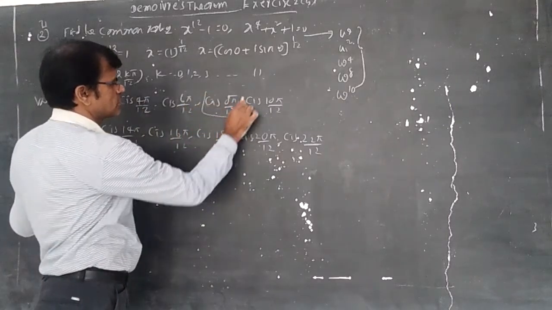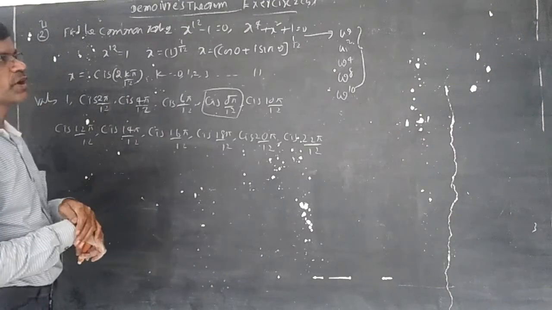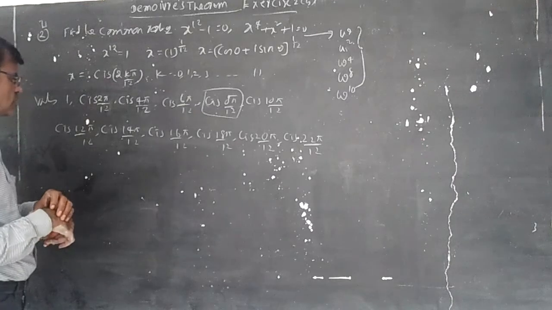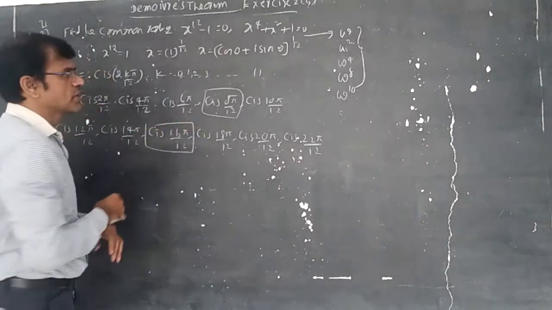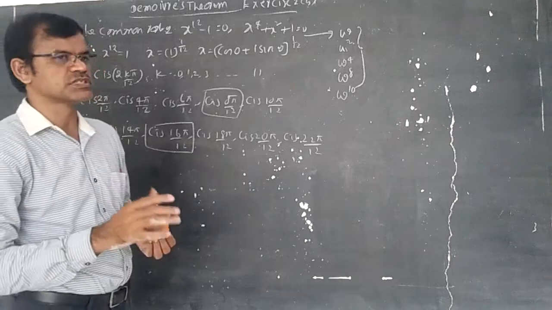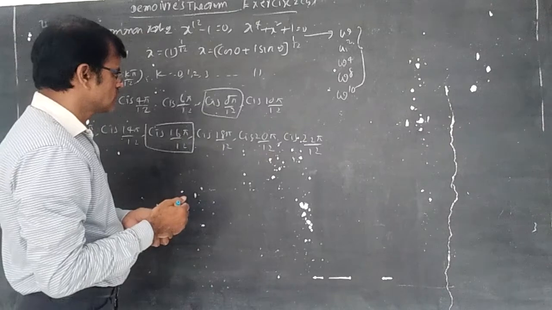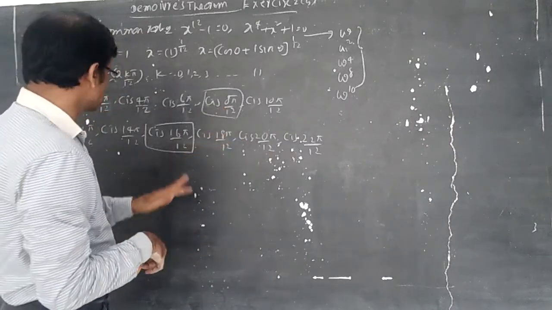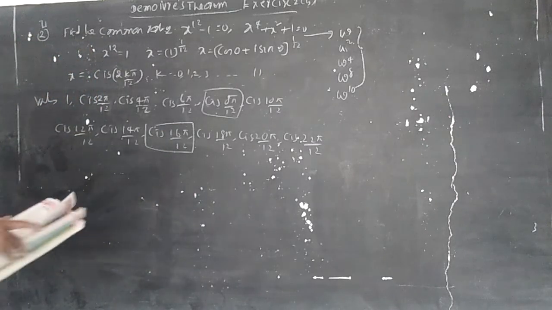Yes, from here started. 8 pi by 12. Next, omega power 2, whole omega square, means 4 pi by 3. 4 pi by 3 you should get. Next, omega power 4. Omega power 4 means cos 2 pi by 3 whole power 8, so 8 pi by 3. 4 8s are 24. That much sin is not there. So only these two values we got as the common roots according to this question.